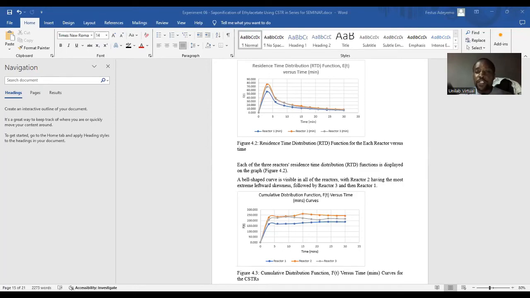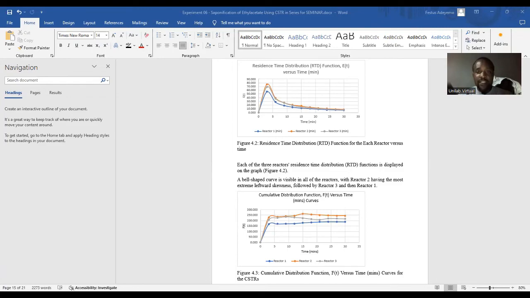Differentiating the value of F(t) gives the residence time distribution function denoted as E(t). The quantity of time that various fluid components spent in the reactor is shown by E(t). Since the flow curve in reactor 1 declines with time, it is the most perfect CSTR as shown in the figure above. In contrast, reactors 2 and 3 have bell-shaped curves. In contrast to the other two reactors, reactor 2's E(t) curve has the greatest value across all values,